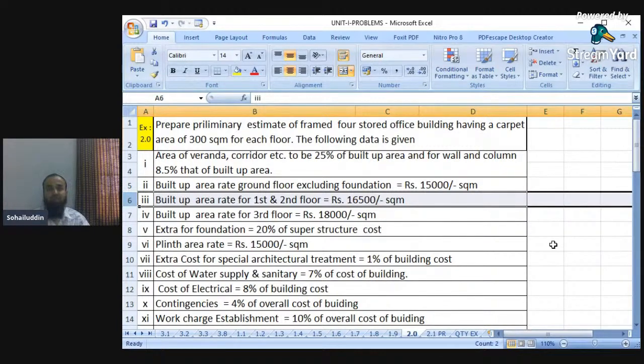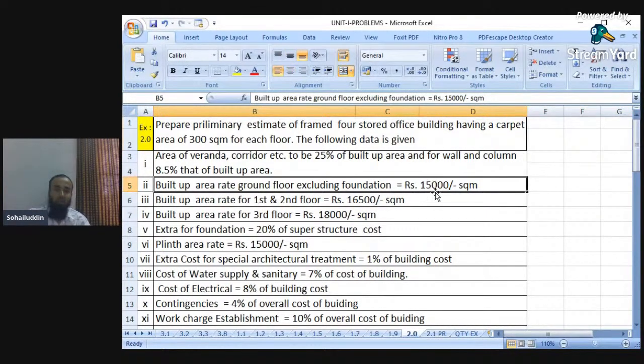view from windows or from the sides, due to the pleasant atmosphere, as the floor of the building increases, the cost of the building also increases. The built up area rate of that building also increases. So here the ground floor rate is somewhat small, that is 15,000, but the first and second floor rate is 16,500, and the third built up area rate is again more than this,